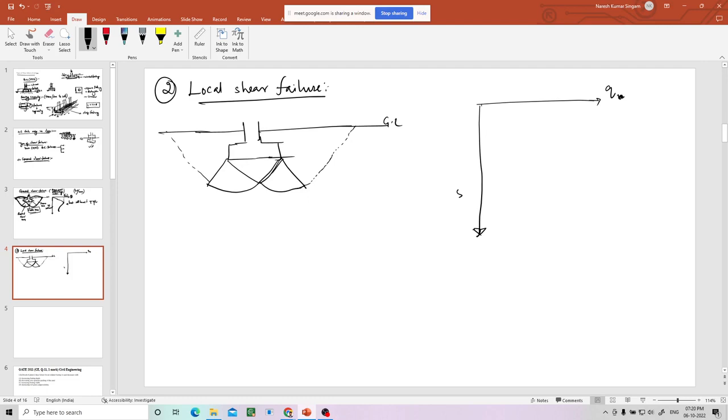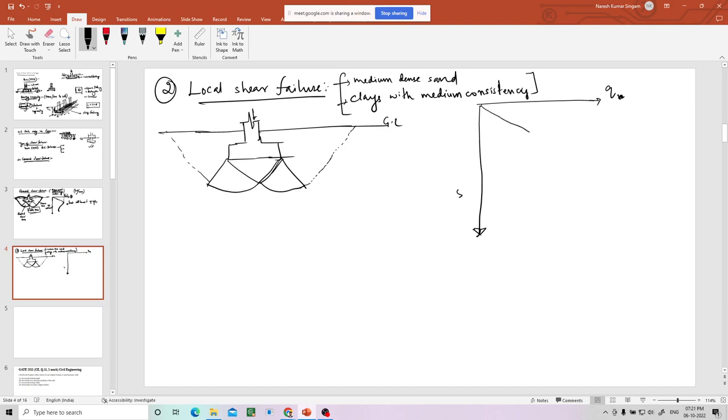Now whenever you apply this, local shear failure happens in medium dense sand or clays with medium consistency. Okay, now we'll see the load settlement graph. Whenever you apply load,